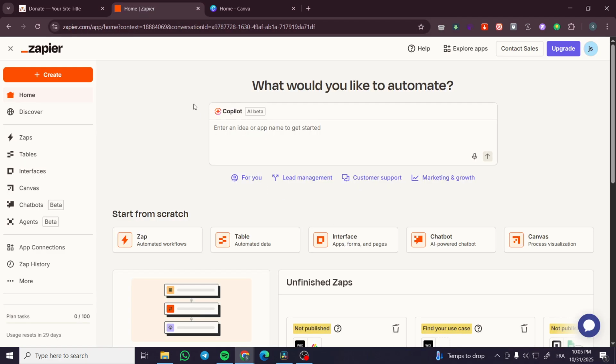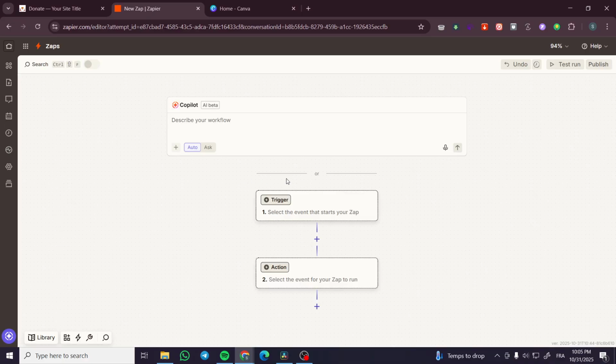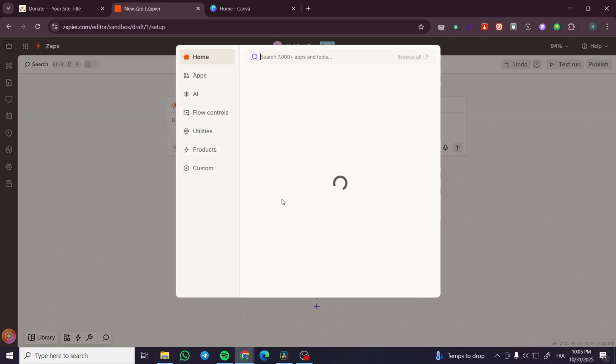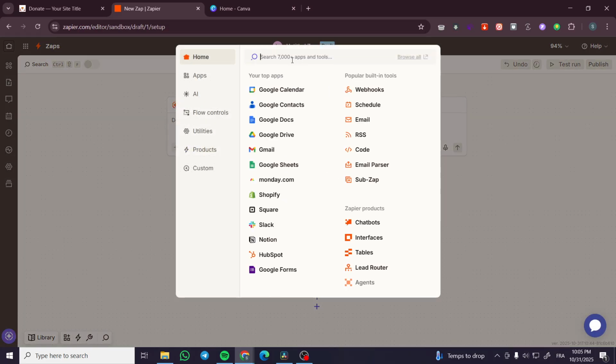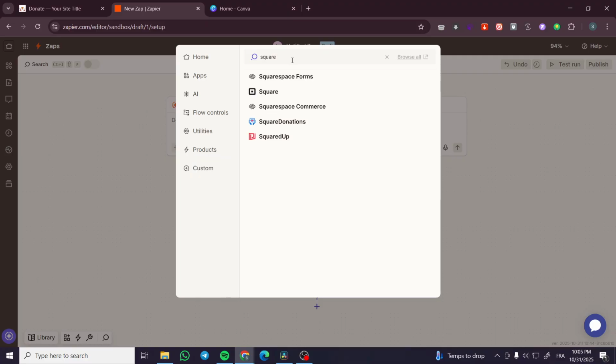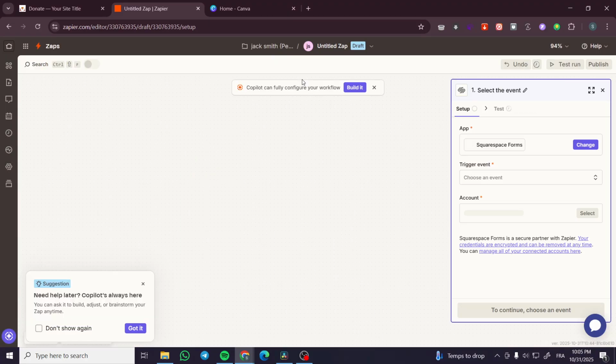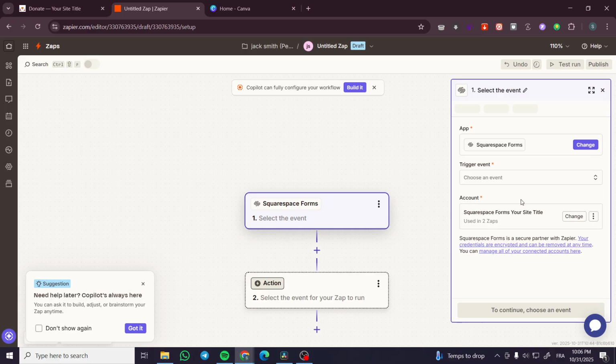We're going to head over to a platform called Zapier and create a Zap, which is going to have the purpose of feeding Microsoft Excel. The trigger is going to be on Squarespace, either Squarespace Commerce or Forms. Basically, I'm going to use Forms, so each time a form is submitted,